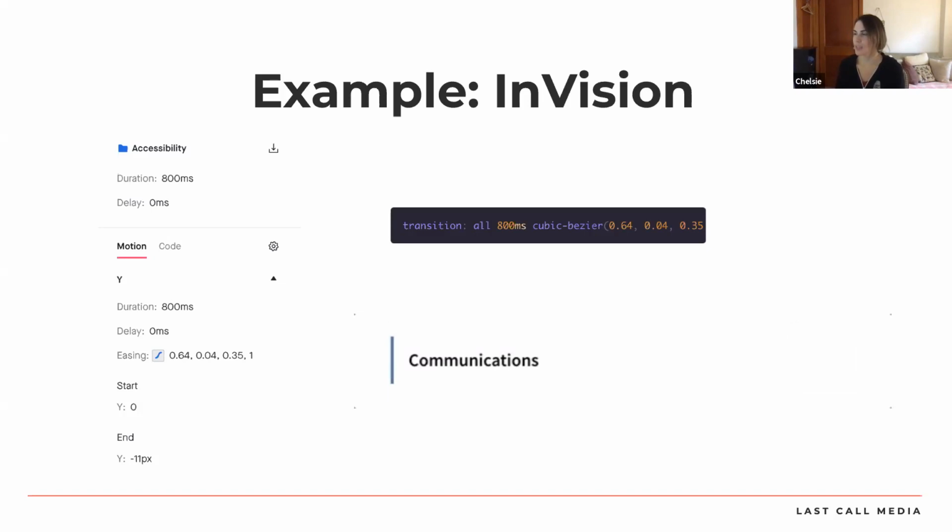So using a tool like InVision, we were actually able to save a ton of time and make sure that we were getting it right by just using these properties here that were already laid out. And specifically here, this is copy-pastable CSS for this transition. So this took away that